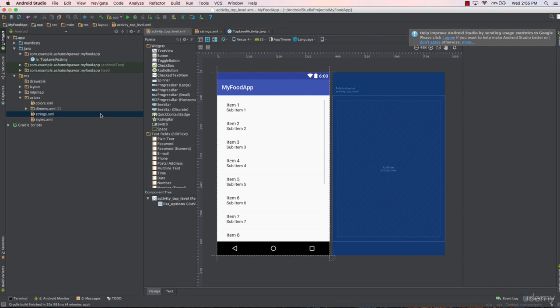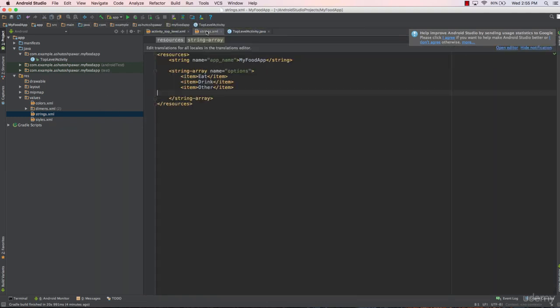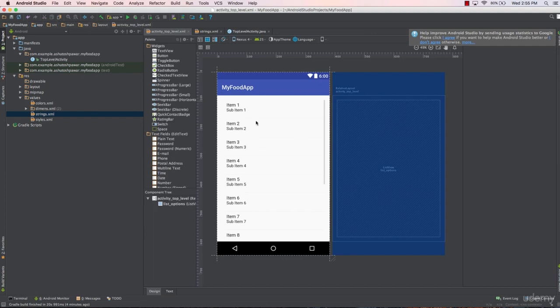So once these items are added, the next thing we need to do is add the listeners to the list view. What that listener is going to do is listen for click events, so that whenever you click some item on this list, something is going to happen. In order to do that, we first switch to the main activity code,